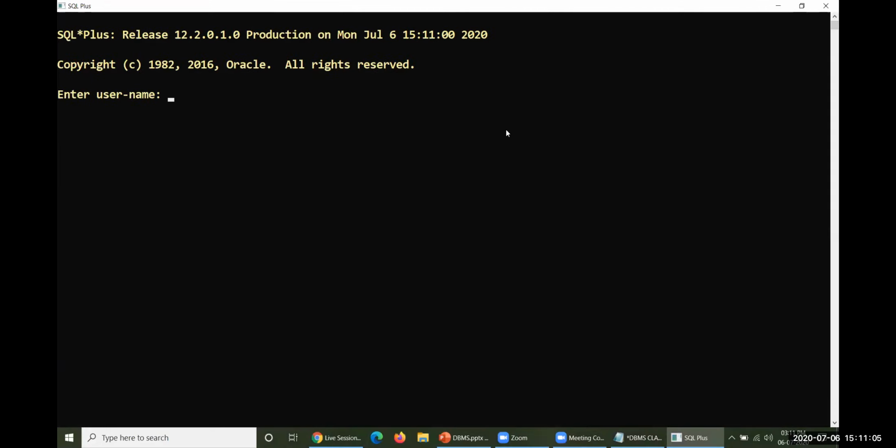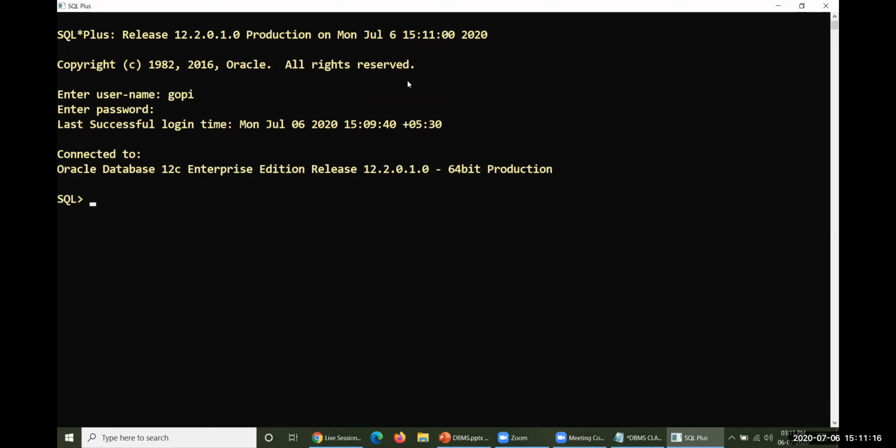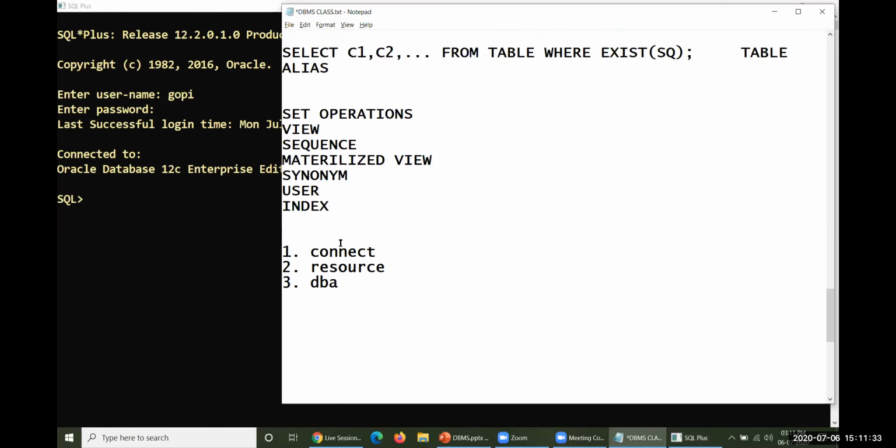If you want to connect to your user, you must have the connect privilege with you, then only can you enter the username. Your username could be accepted to connect with your database, which is there in our server. So that is the first point we would like to consider in terms of connect.